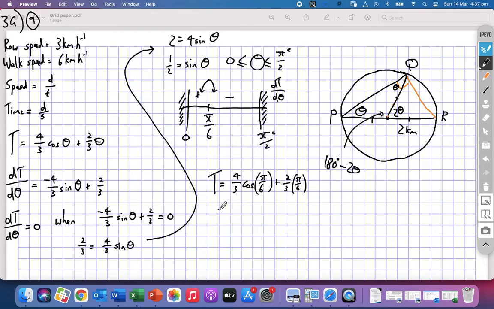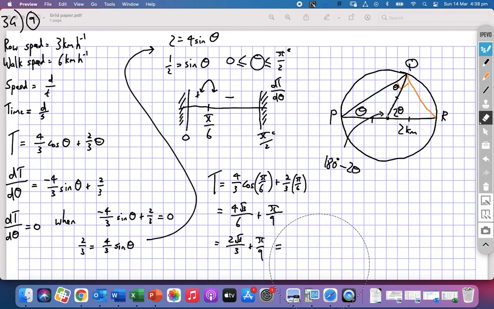Cos of pi on 6 is root 3 on 2, so 4/3 times root 3 on 2 is 2 root 3 on 3, plus 2/3 times pi on 6, which is pi on 9. So we could tidy this up as 2 root 3 on 3 plus pi on 9, and we get a time of,